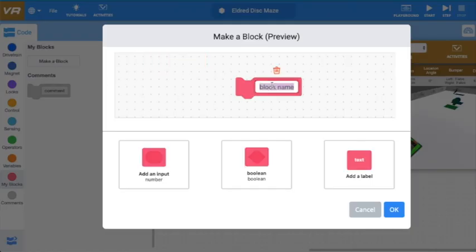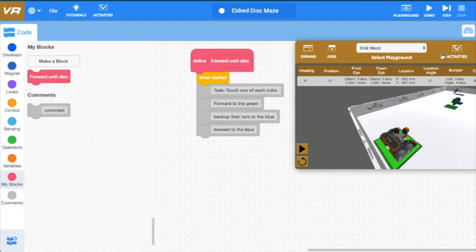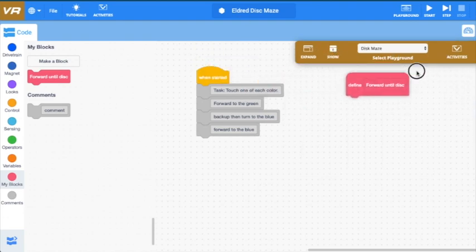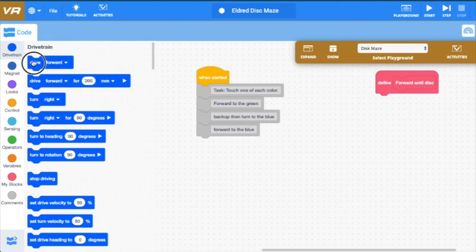I'm going to say forward until touch disc, maybe. Okay, I'm starting a new block right there, and I click OK, and you notice I've got a new starter block over here. So this is my function I'm going to build. And for this one, I'm going to say drive forward,